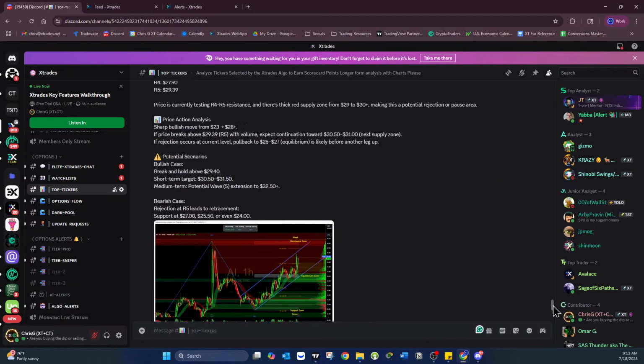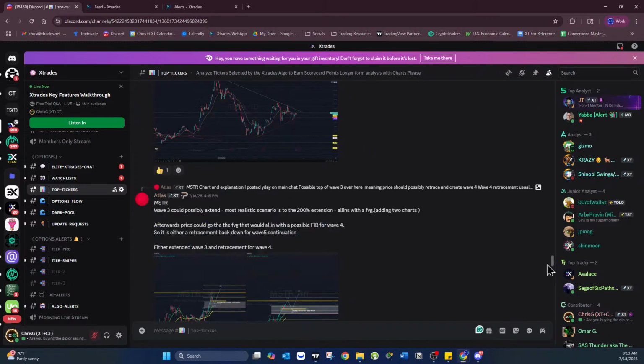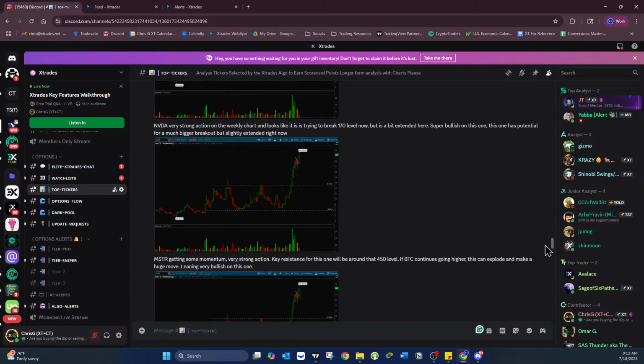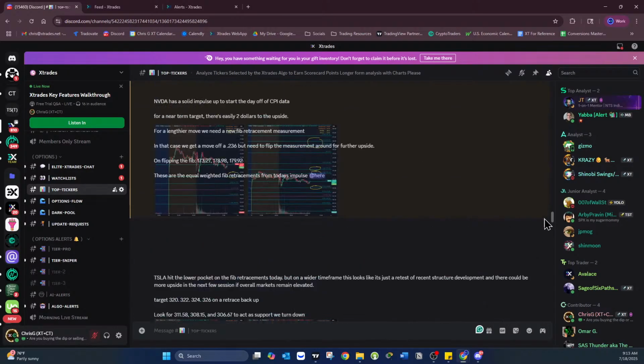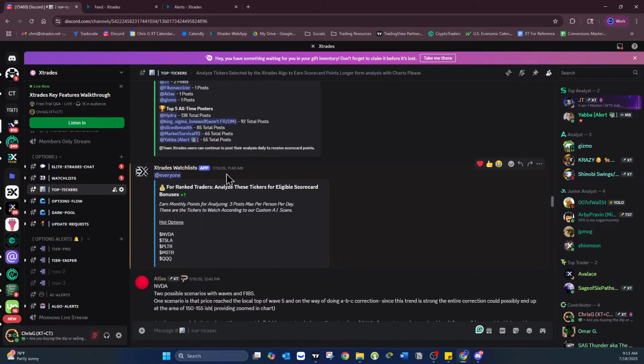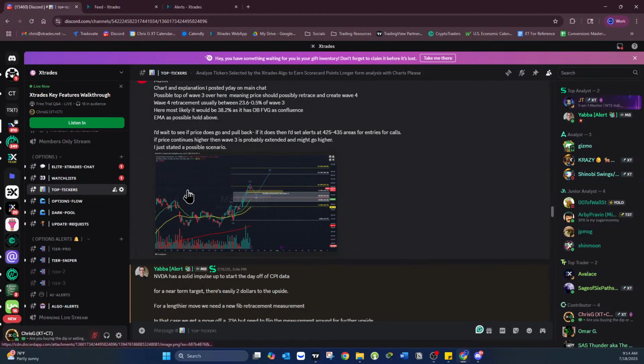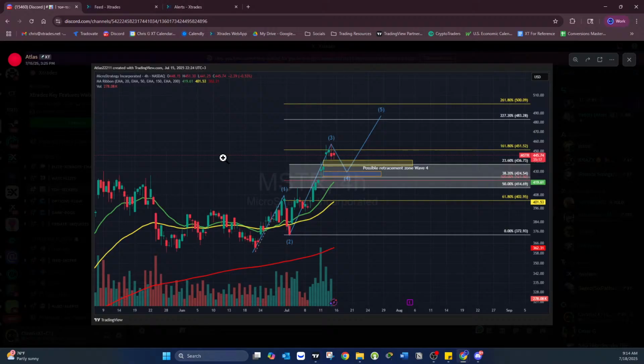Again, we have a scanner basically that provides our analysts some tickers where they can specifically provide analysis on. So you'll see analysis and insight on a lot of top tickers here. For example, a couple days ago, hot options were NVIDIA, Tesla, PLTR, MSTR, QQQ. So what happens when you see this list right here? You'll have a bunch of top traders posting their insight and analysis and what they can see potentially for a next move, whether it's to the upside or to the downside.